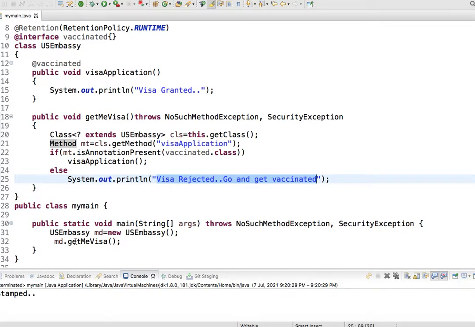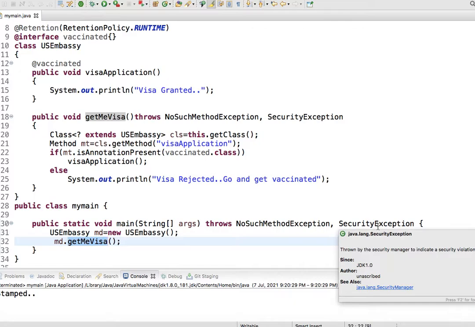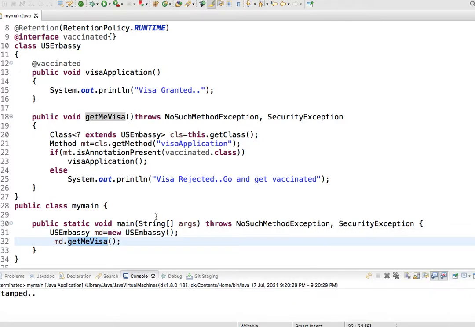Then in the main method, I have created the object of this USEmbassy. Then I have called getMeVisa. Again, this main method also throws NoSuchMethodException and SecurityException. I have not used a try catch block. Simply I have declared NoSuchMethodException and SecurityException with throws. So that is the logic over here. If I am using this Vaccinated, which is a marker annotation, then only I am getting the output like this.